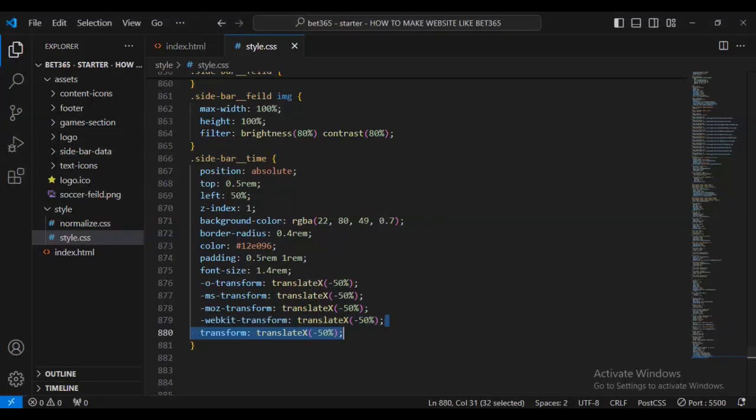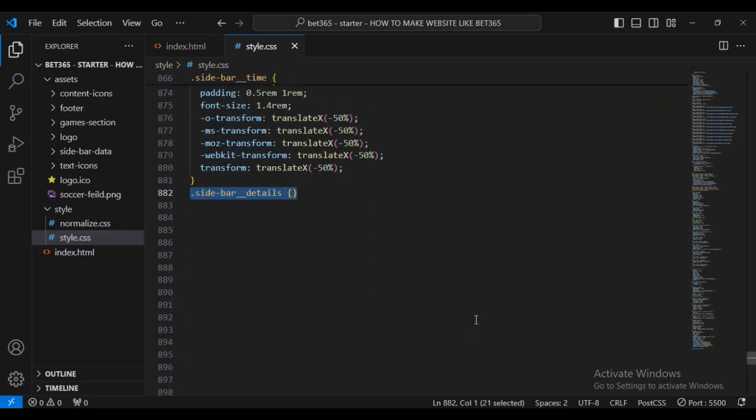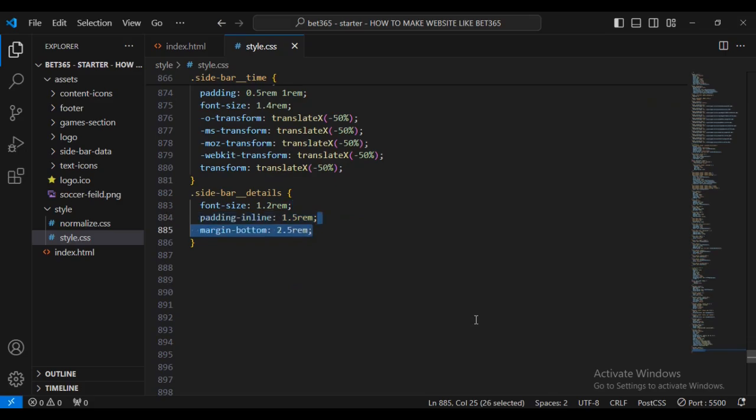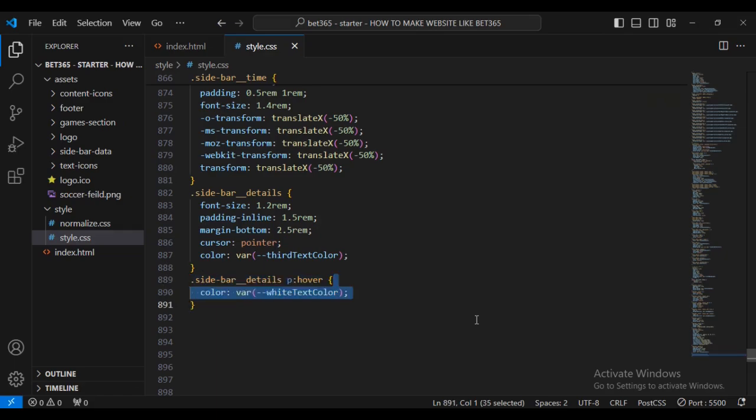Now I'm going to say translate x minus 50, then sidebar details, font size 1.2 rems, padding-inline 1.5 rems, then margin bottom 2.5 rems, then cursor pointer, color variable text color, then sidebar details p on hover color, then sidebar underscore data, margin bottom 3 rems,